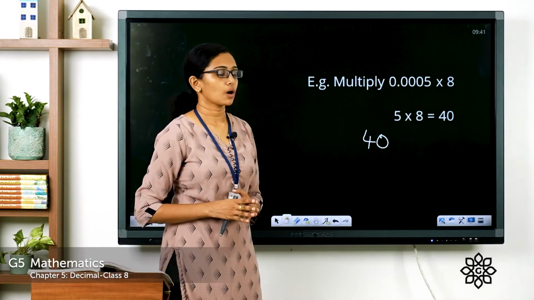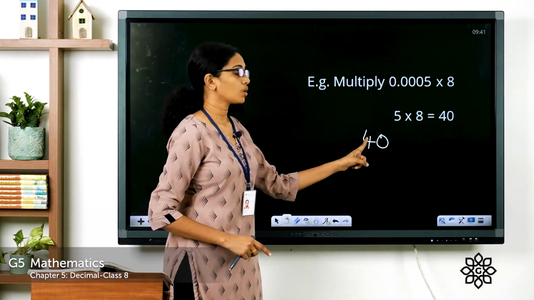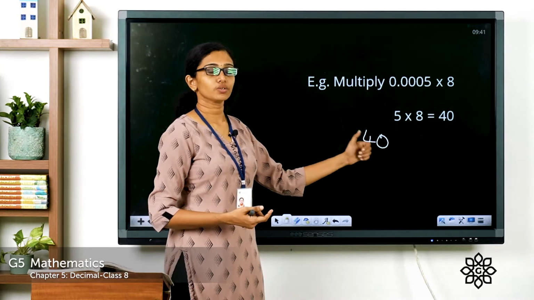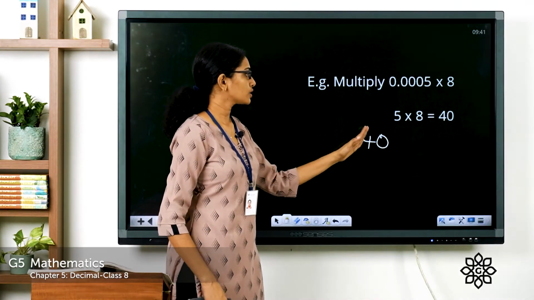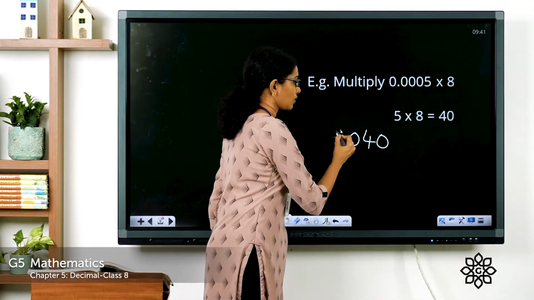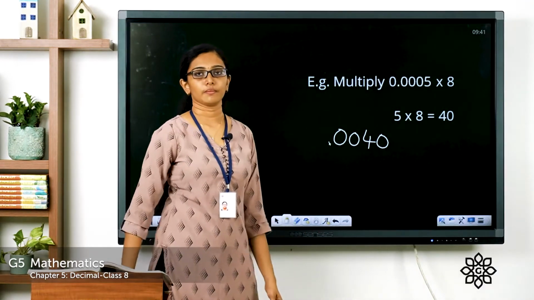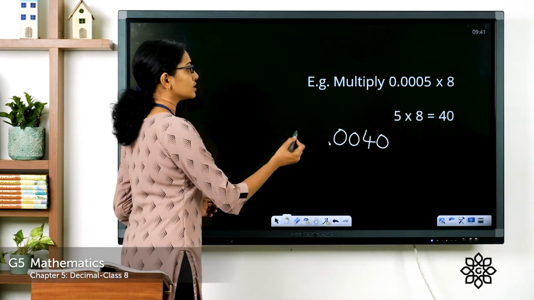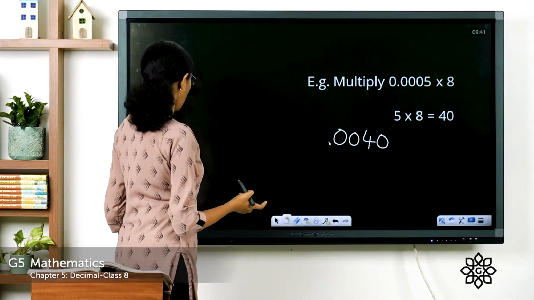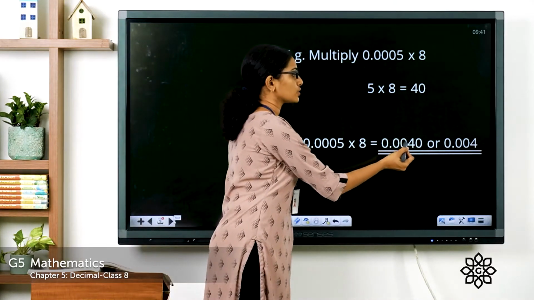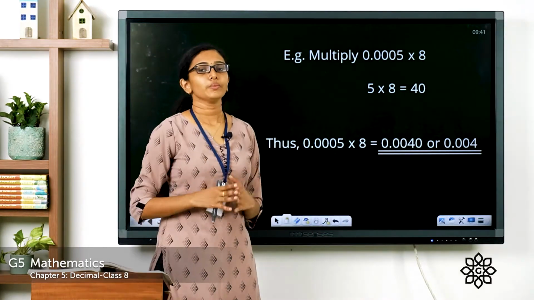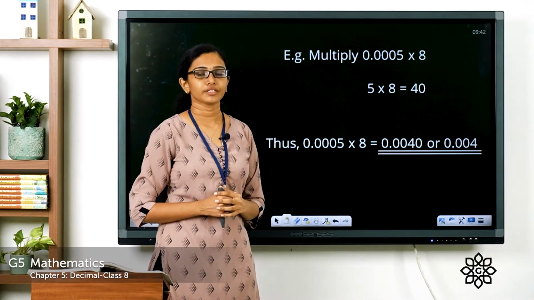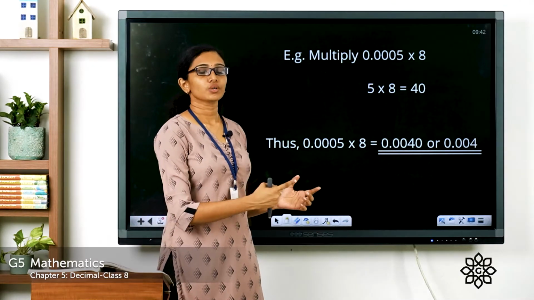So, let's start counting 1, 2. We need 2 more places. For that, we can add zeros to the left. So, 1, 2, 3, 4, then put the decimal point. So, our answer will be 0.0040. And when we learned to convert an unlike decimal to a like decimal, we added zeros to the right end of the decimal number,